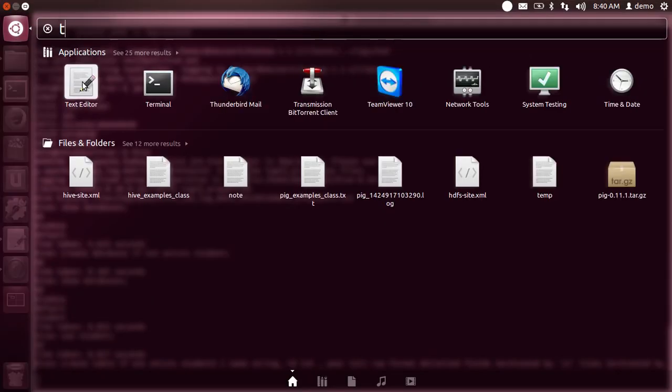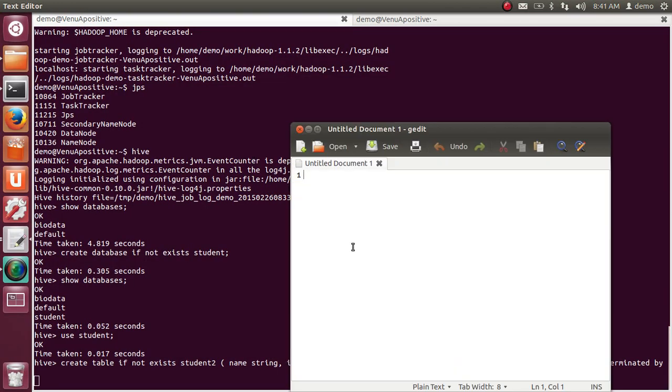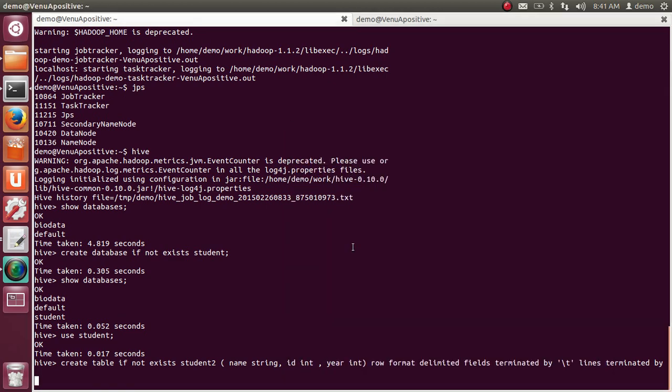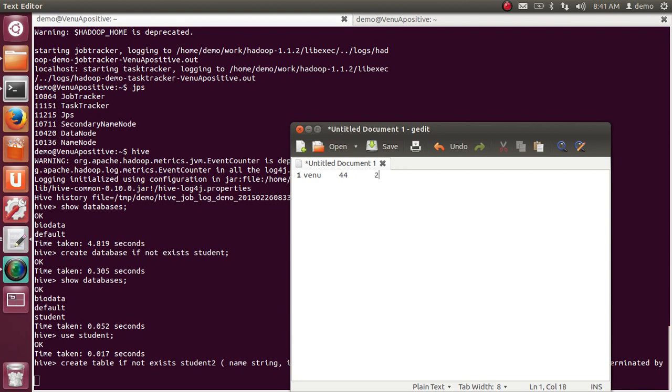In this text file, I am creating name, ID, and year, separated by tabs. Year means, for example, 2014. Sita, 33, 2012. 32 and 2000.